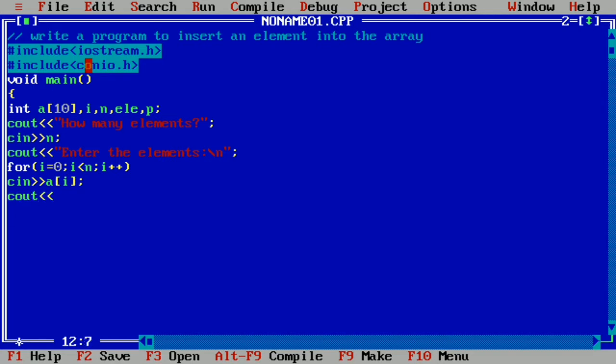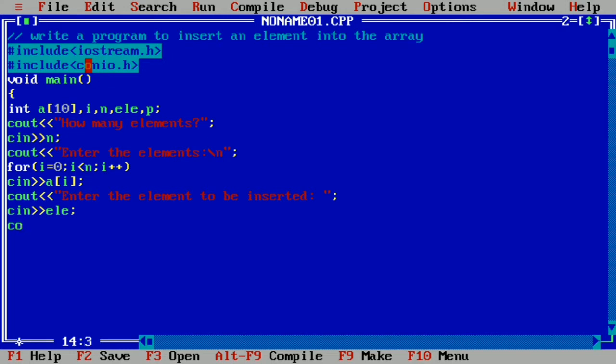Next cout, after receiving all the elements, we need to enter the element to be inserted. Next cin, and here we'll take element.